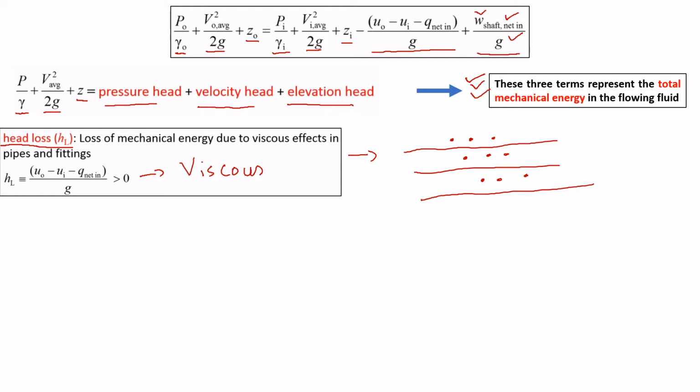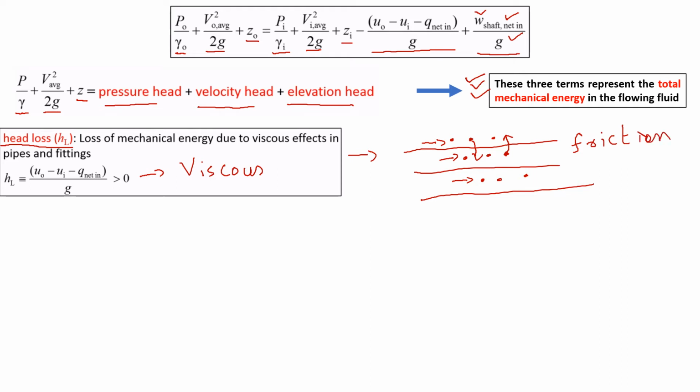Due to these different velocities in these layers, if a particle of high momentum goes into the layer of low momentum, what will happen? It will lose energy. And if a low momentum particle goes into the high momentum stream, then it will gain energy. So due to these interactions,